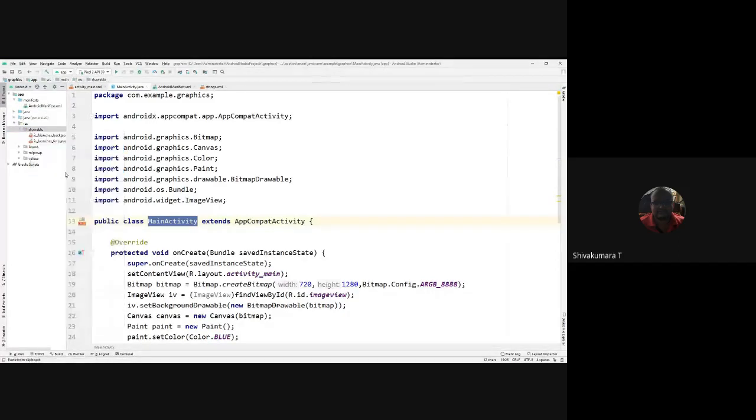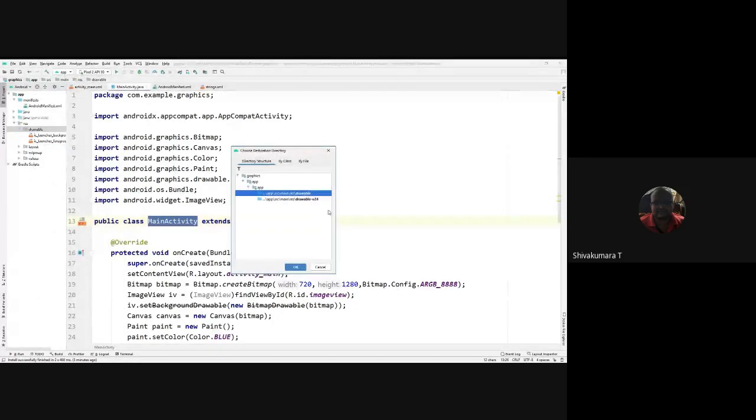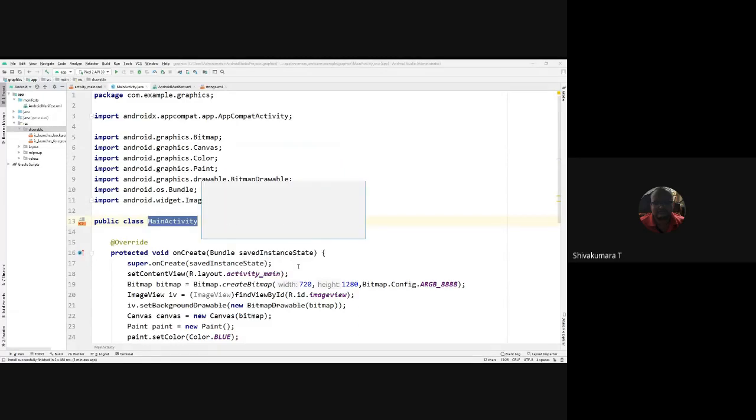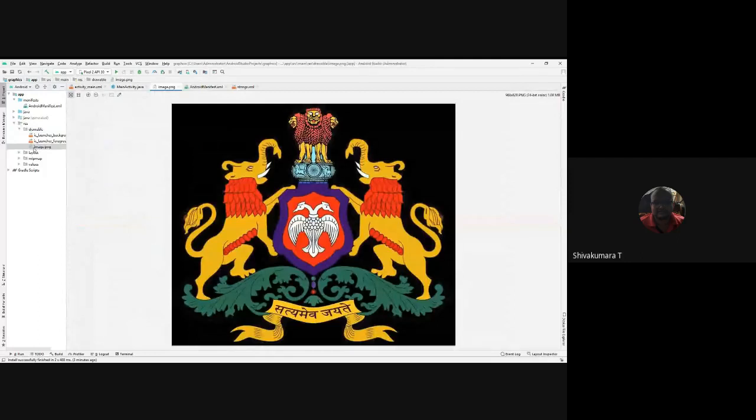It will set the directory structure of that. Click on OK. It will ask if you want to rename it. I am renaming it as just image.png. Click on OK. Okay, image.png, this is the image.